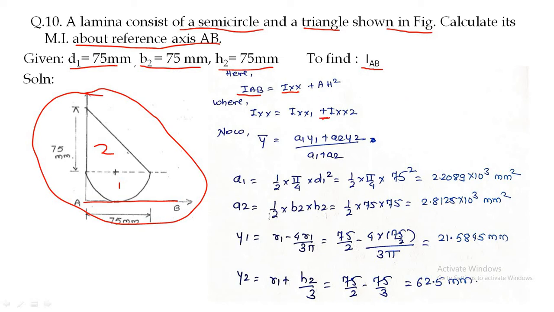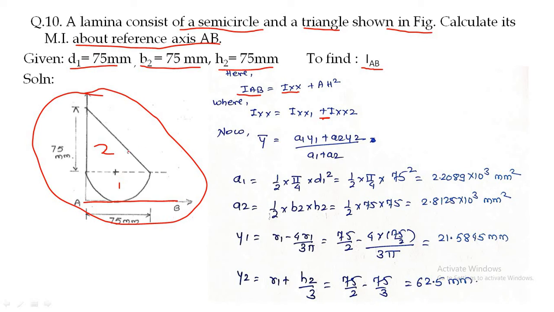You can see over here. Okay, why plus is taken? Because a semicircle is added to this triangle, or the triangle is put on the semicircle. So there is addition between these two planes. One plane is not removed from the other. One plane is added to the other. So we are taking a plus sign here.